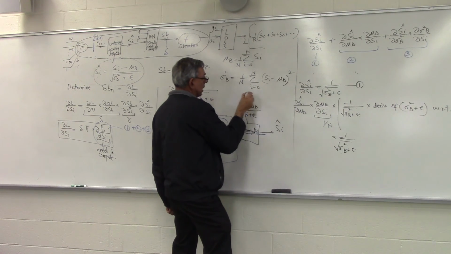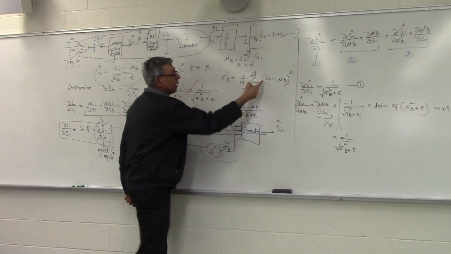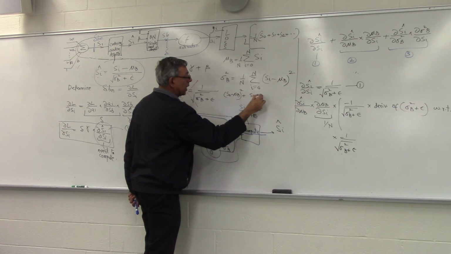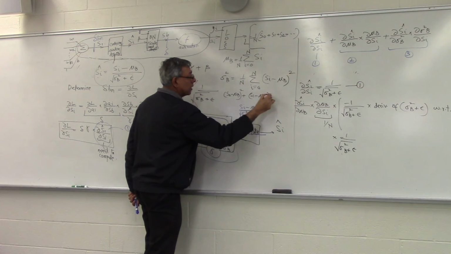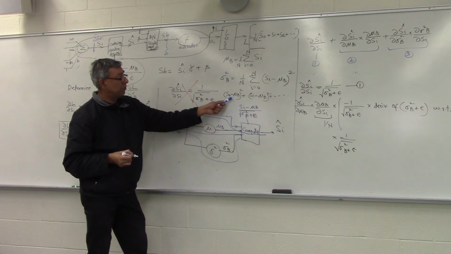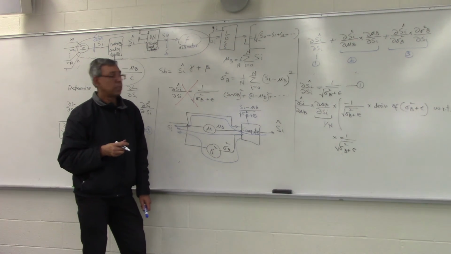Take a look over here. Again, if you're confused, think of it this way: S0 minus mu B squared plus S1 minus mu B squared plus so on. If we take the derivative with respect to mu B,